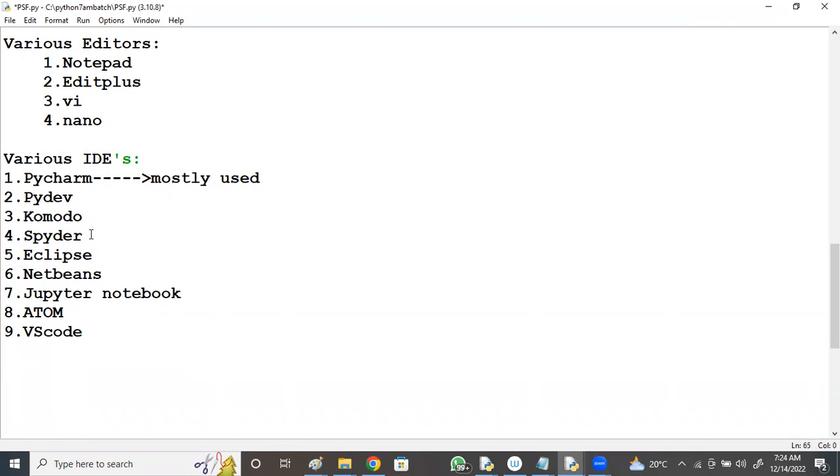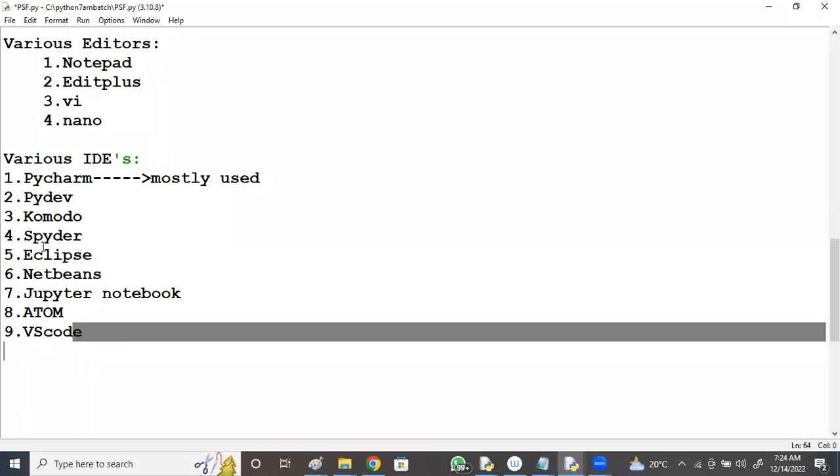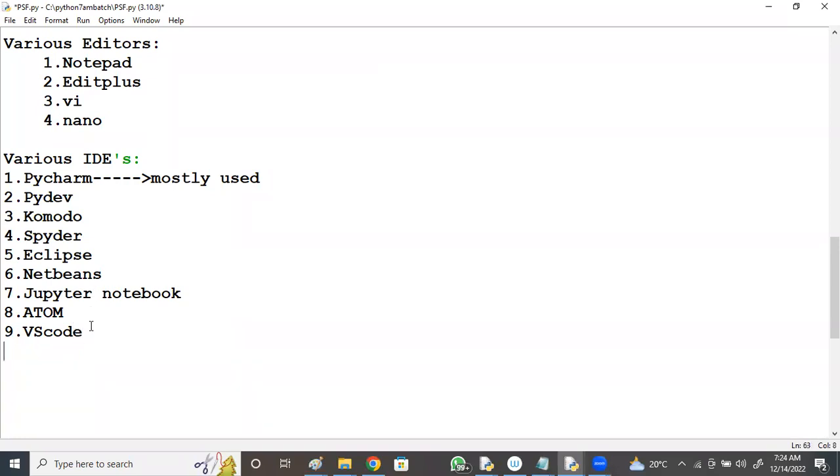I'm going to show you how to run and execute code on all these IDEs. So tomorrow, if you are working in any environment, you will have an idea about all of them, mostly PyCharm, Jupyter, Atom, VS Code, Spyder. How to download them, how to install, and how to run the code, I'll discuss step by step. Right now, developing the first Python application